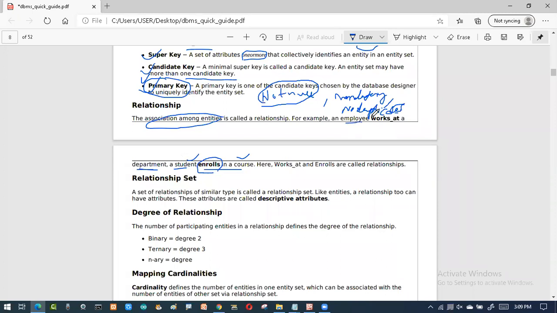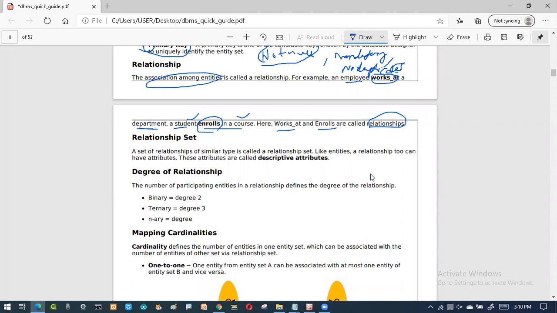So there are two different entities. How are they linked? Employees are working in the department, so they are engaged with some work or an action. So there is some relation between these two. Employees have a responsibility, and the department also has a responsibility, to make the relationship. So here the work set and the roll numbers are the relationship. These are the two things we will use to explain the concept of a relationship.